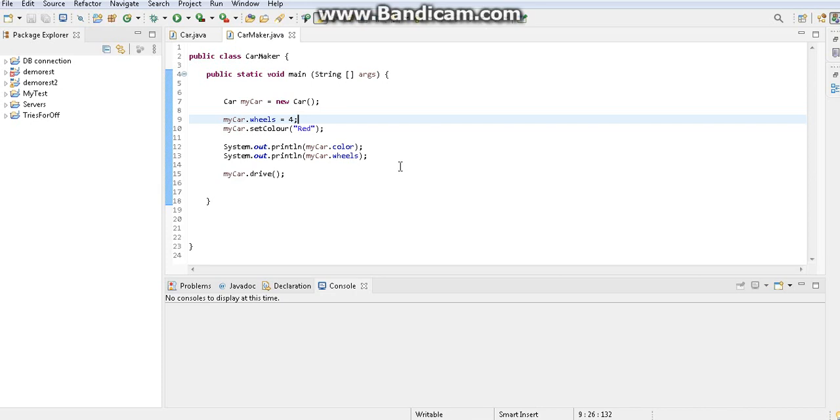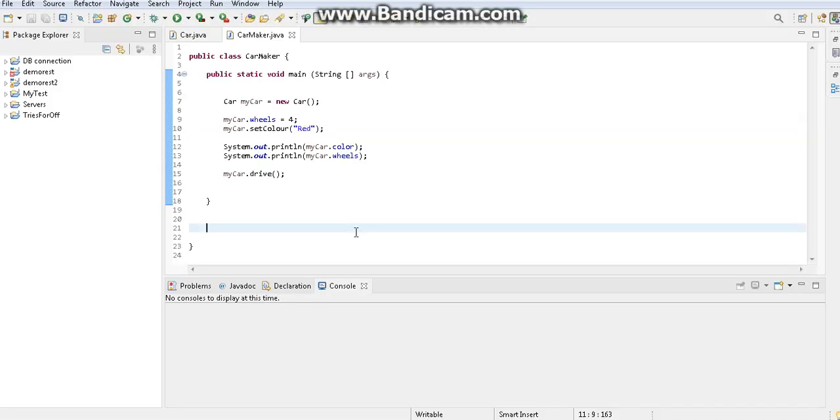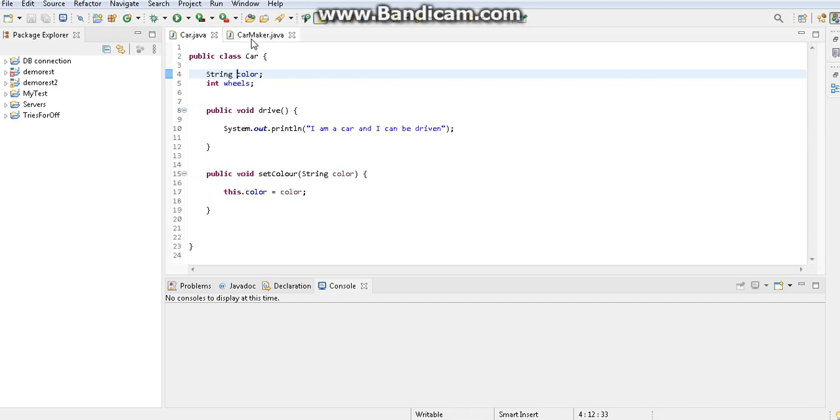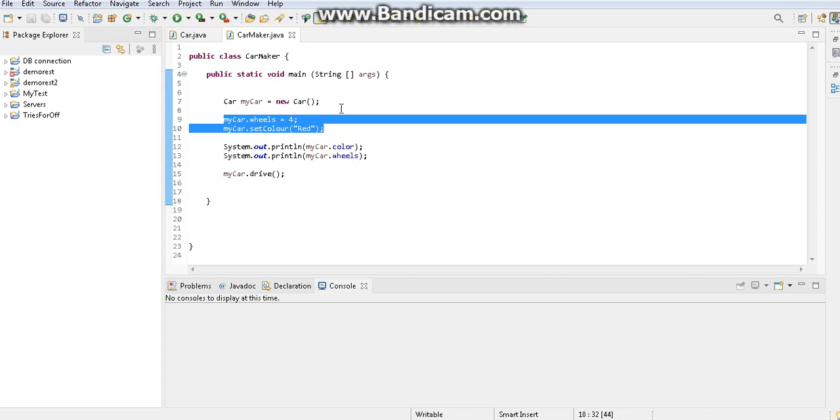Hello everyone. In the last video we saw how we can use a setter method to set or customize a value for an object's attribute. Earlier, we were talking about this car class. We had a car class with attributes and methods, and a car maker class where we create a car object, my car object, and we assign or customize the fields or attributes or variables of the